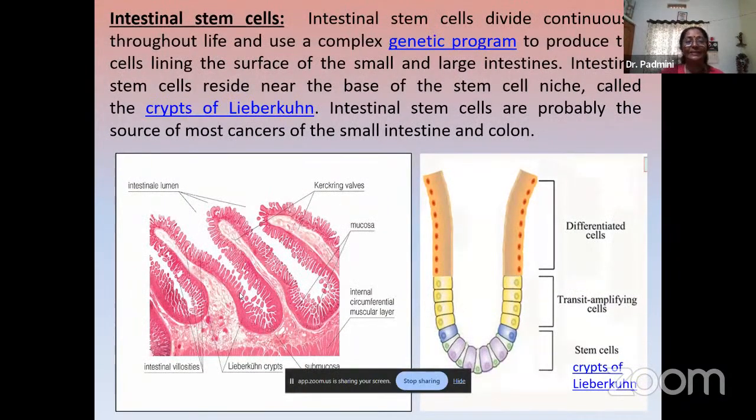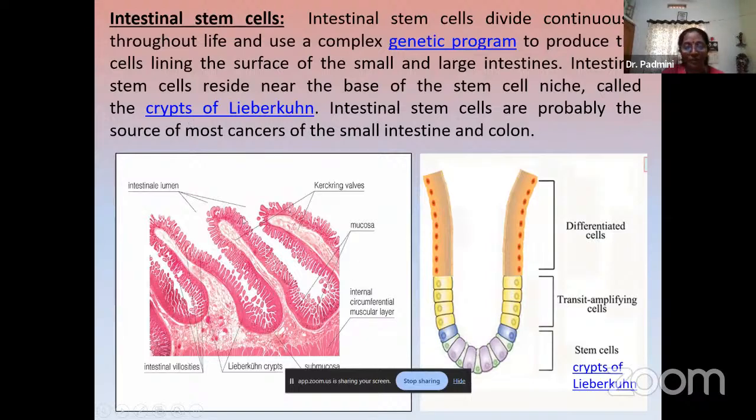Intestinal stem cells. We have stem cells even in the intestines. Where do you have these stem cells in the intestine? It's at the crypts of Lieberkühn. If you can see over here, this is a crypt. These are the places where you have these stem cells. The intestinal stem cells divide continuously throughout life and use a complex genetic program to produce the cells lining the surface of the small and the large intestine. Intestinal stem cells reside near the base, in a niche called the crypts of